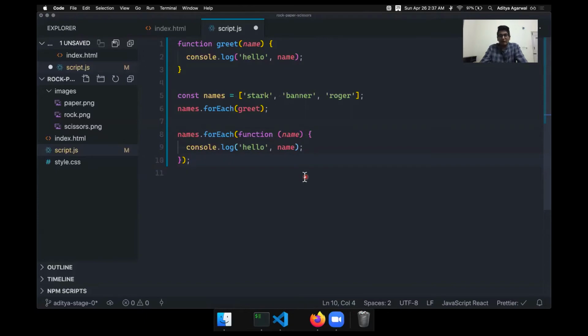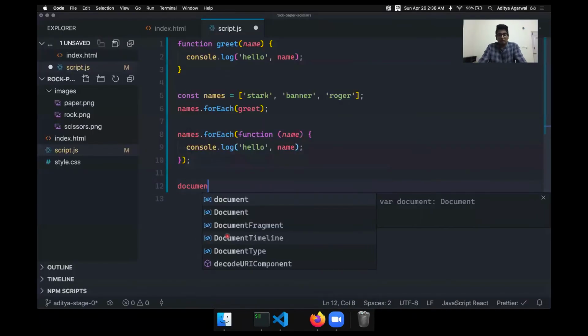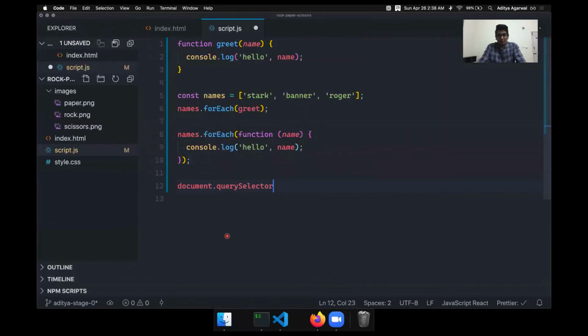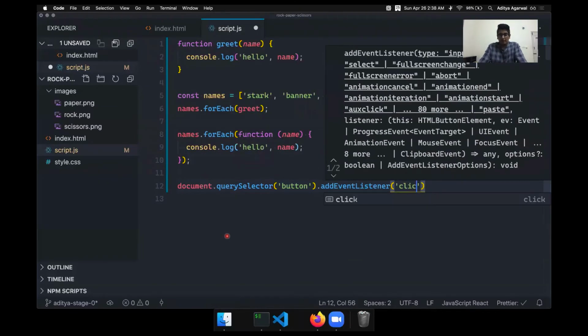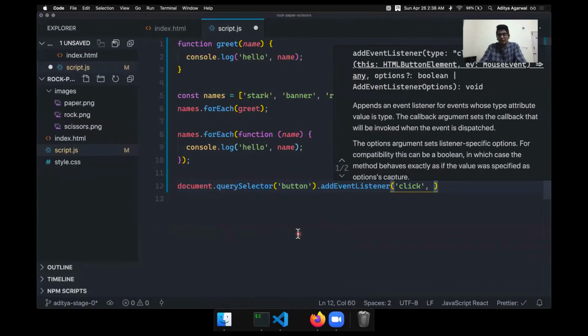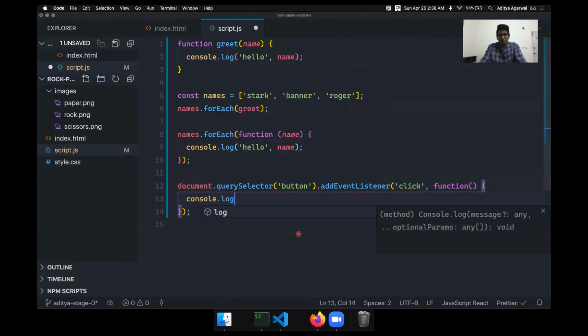The only thing remaining is to understand event listeners. What we want is that when we click on the rock button, JavaScript should do something. So you can say document.querySelector, and here you can specify the button. For right now, I'll just say button, and I can say addEventListener, and here I can say click because I just want to listen on the click event, and here I can say function, and now I'll just say console log.